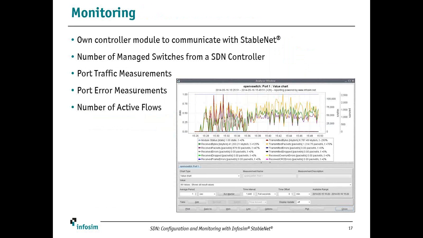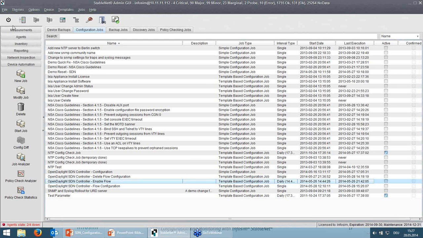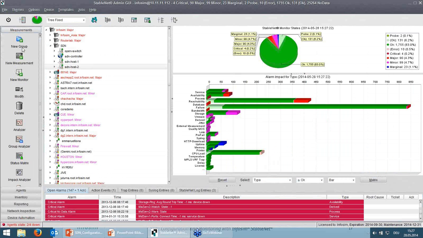Moreover, with this module we can query the statistic values of the flow or the switch for some measurements. Actually, we measure the port statistics of the switch, the count of the flows of the switch, and the count of the switches which are connected to the controller. Okay, let's switch to the demonstration. We can see it in the measurement theme.